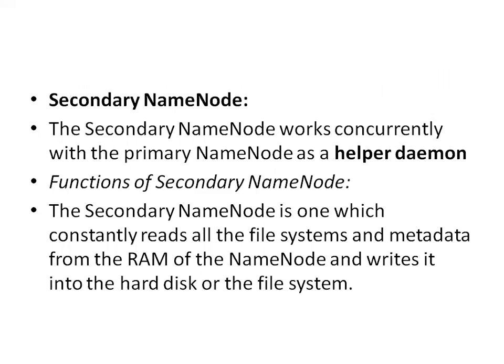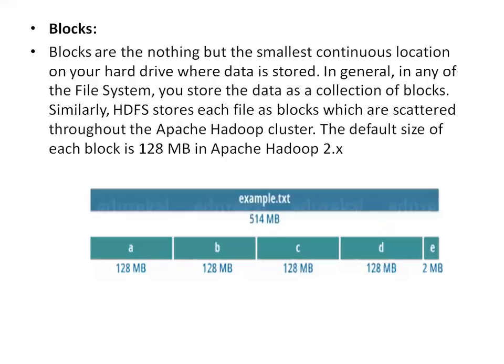To tell you about the secondary node, we will discuss it once I complete this. So your file is divided into blocks. I said, by default, the block size is 128 megabytes, whereas in our existing systems we had just 4 KB. Our normal machines, our PCs, have 4 KB size only.